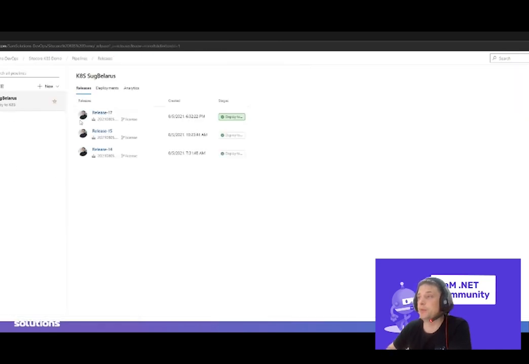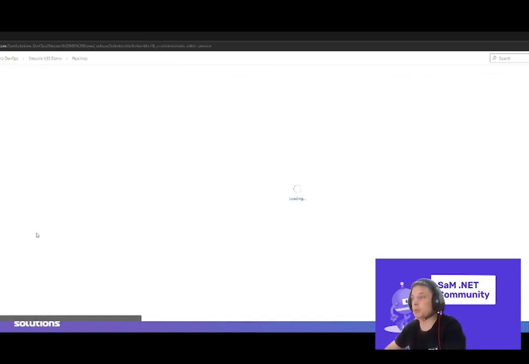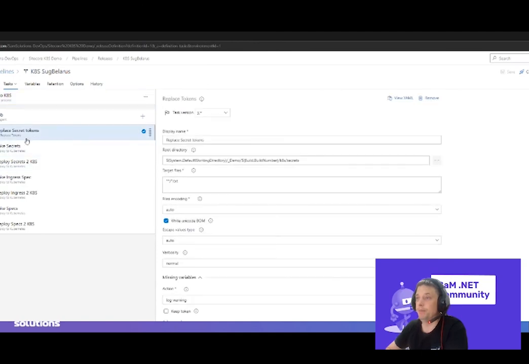When we have a build and we push images, we have just this module. It's an open source module that you can find in the Azure DevOps marketplace. It's called Replace Secrets Tokens. That's because in source code we have